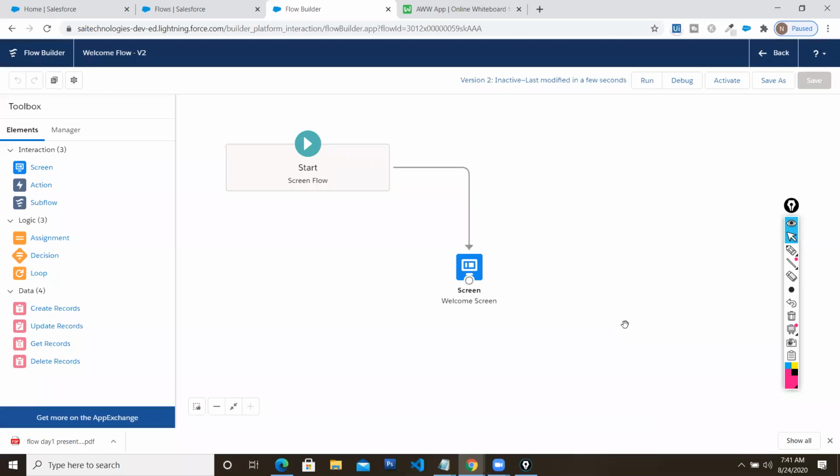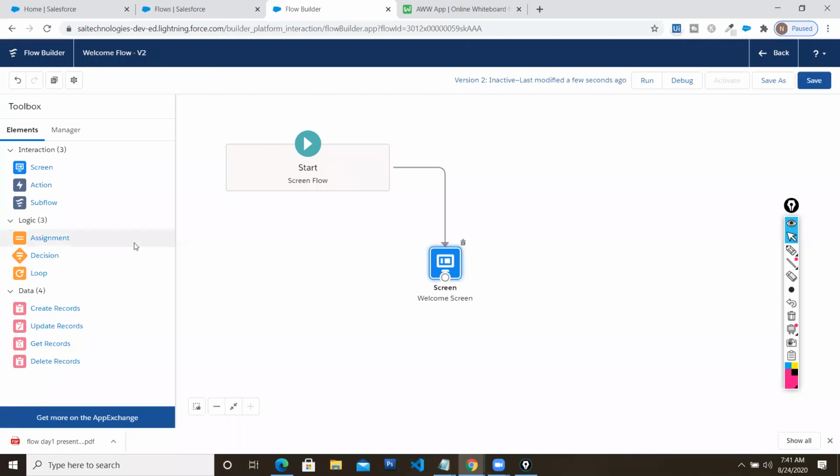I created a copy of my flow. Now, if I activate it, this particular version will be available. See here at the top, this is version 2. Previously what you created is version 1. Now when I activate this version, automatically version 1 will be deactivated. So I went for save as, and I'm going to do the modification.